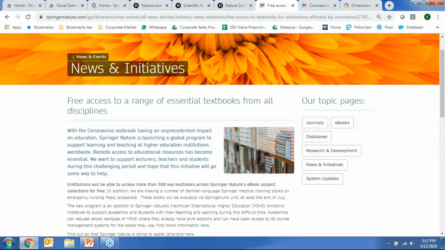Springer Nature has made 500 English language textbooks, some of our most popular, most utilized textbooks globally, freely available until July, if I'm not mistaken. You could go into SpringerLink, search for the title, and then download a copy for yourself. Hopefully that will help tide over this time where a lot of us are struggling with working from home, studying from home, or researching from a distance.